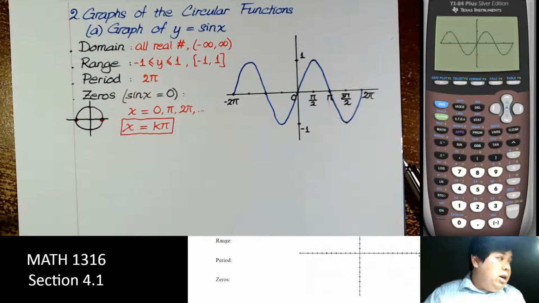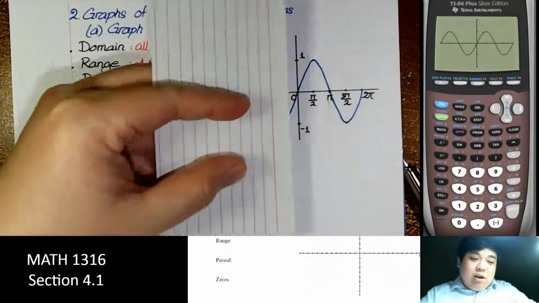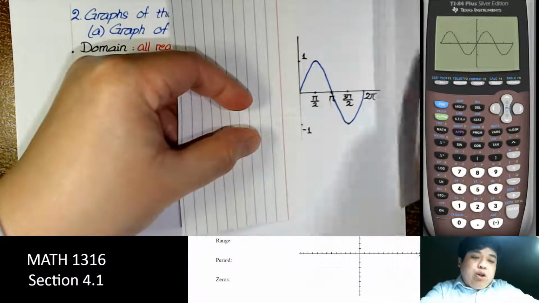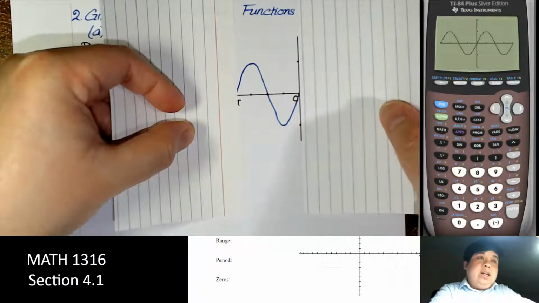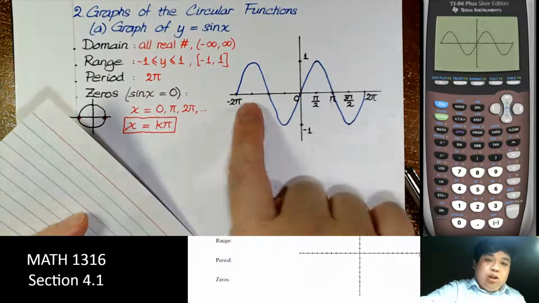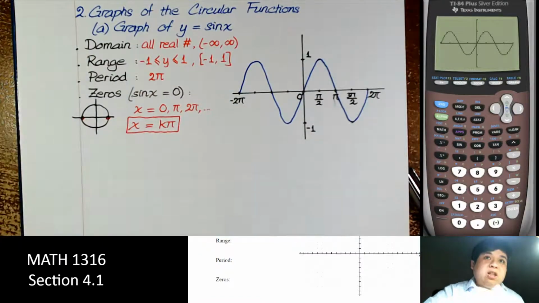Because the period is 2 pi, we can see that the graph for every 2 pi will be the same. So that's why I just move that part to here, and I just keep extending to the right and down to the left, so we get a wave like that for the sine. So